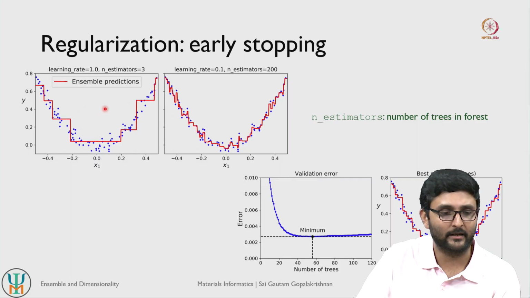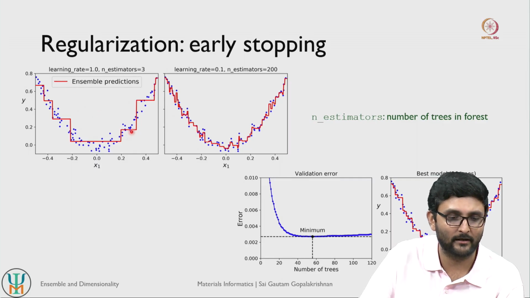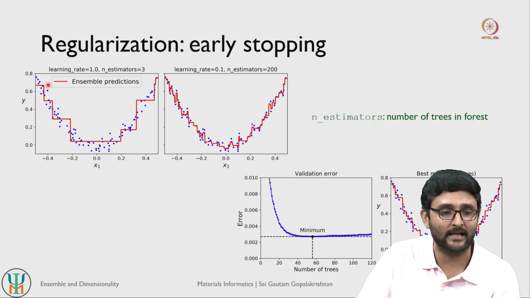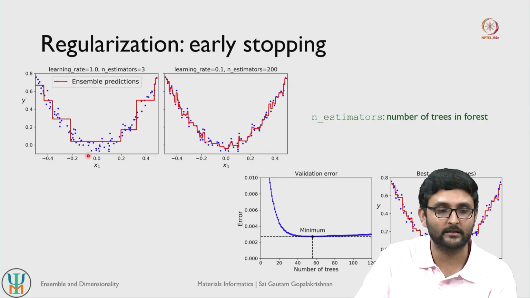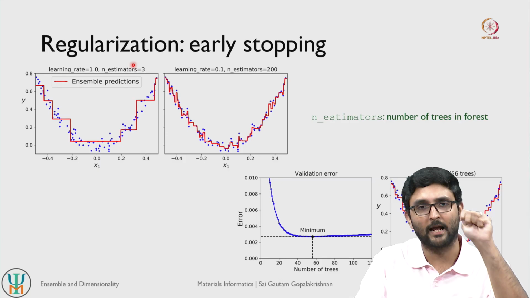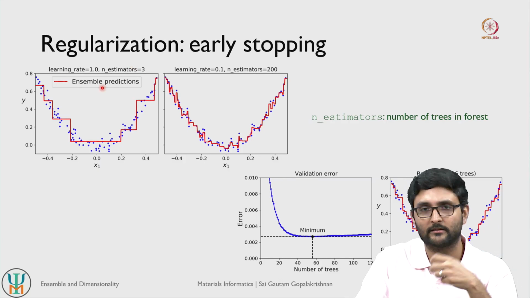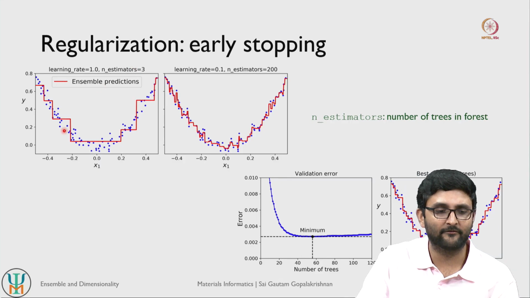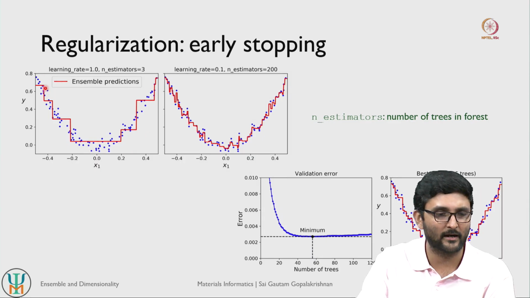Let me give an example. Let us say you have a regression task where you are trying to get the target y values as a function of your x1 features, and you are trying to construct a random forest model with three decision trees. So the number of models giving individual predictions to your aggregated model is 3. If you only have 3 estimators, you see that the model is fairly underfit, it's not getting the parabola as smoothly as you would like.